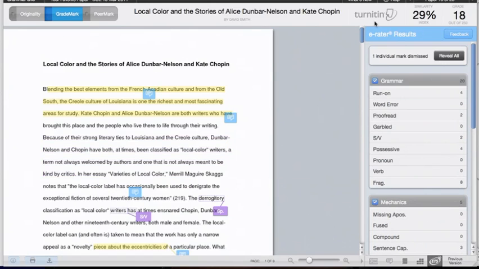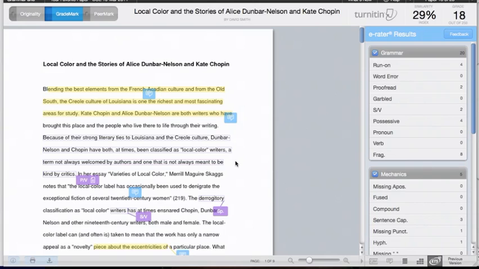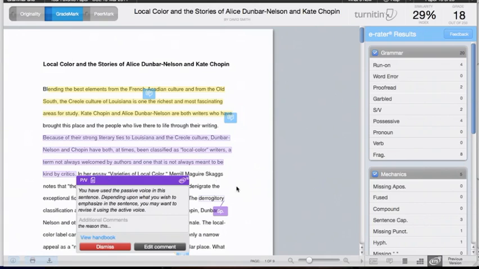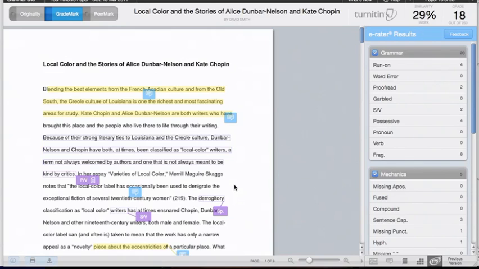So I just click dismiss, and if I want to re-show all of the marks that I've dismissed, I can go reveal all, and they'll come back. When students see the paper, they won't get this panel, but they will get all of the marks that you've left on the paper. So anything that's showing when you close GradeMark, students will see when they open GradeMark after